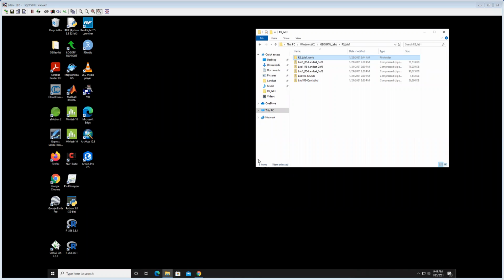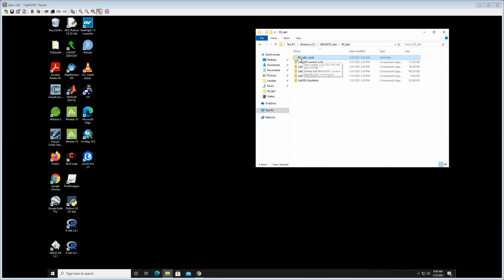So in this video, I'd like to show one way of backing up your data to a secondary location. In this case, I'm going to be using my Google Drive, and this is with the Lab 1 data. So all these zip files are what were originally there, and then the way I've organized this, I've